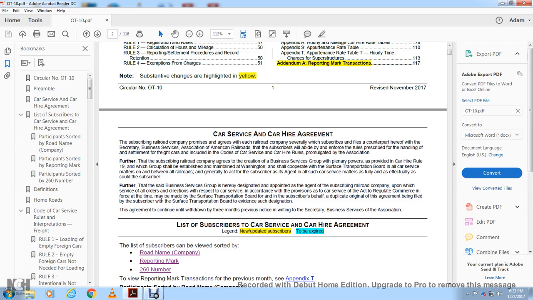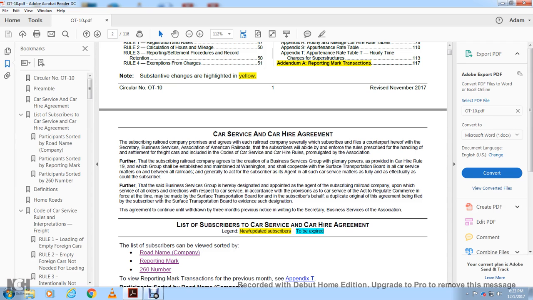This group will establish, maintain, and cooperate with the Surface Transportation Board in all car service matters between all railroads generally, acting as the subscribers' agent in such car service matters fully and effectively. Further, the business service group is hereby designated and appointed as agent of the subscribing railroad companies upon which the service